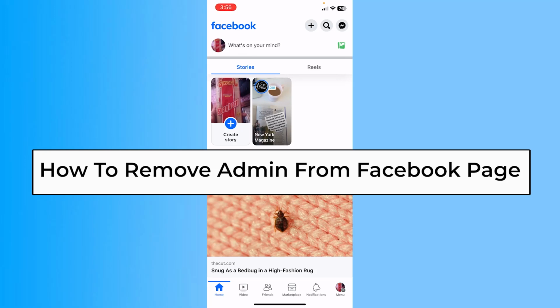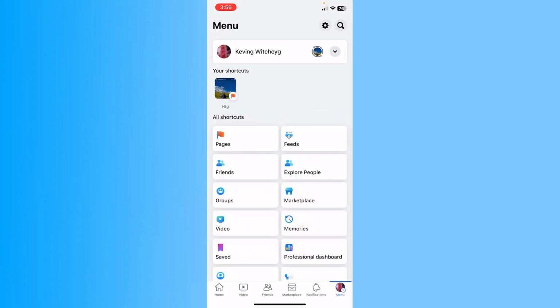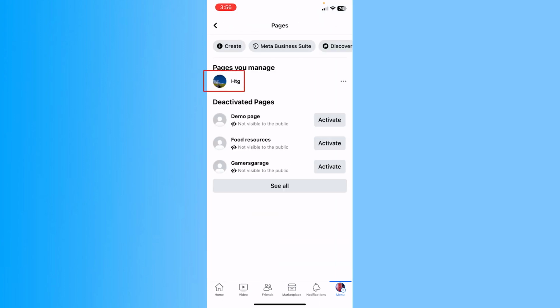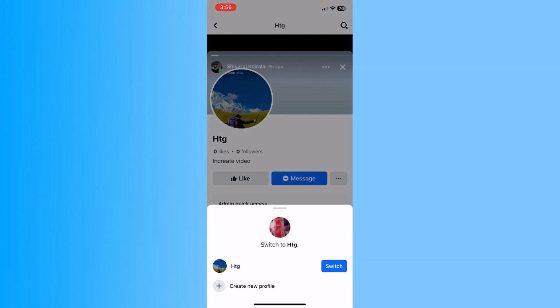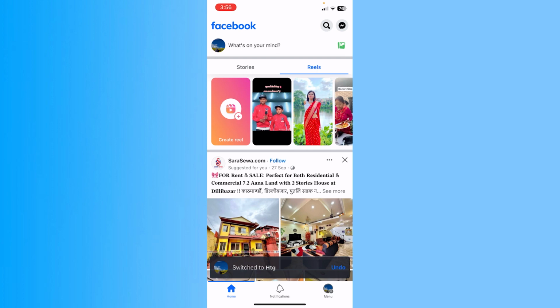So it's pretty simple. First you want to click on menu at the bottom right. Now you want to switch into your Facebook page account. For that, click on pages and click on the Facebook page. Mine's HTG, but yours could be anything. Once you click on it, click on switch, and just like this you will be switched into your Facebook page